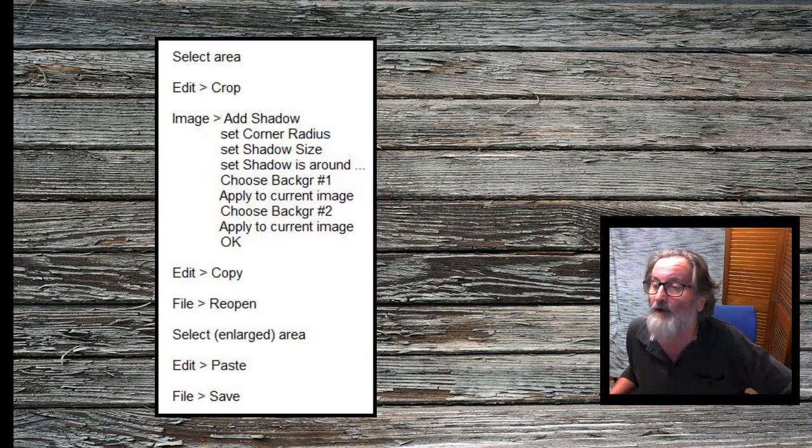File Save saves it with a new name because you have now actually altered the original file, which is why we started with copy of. I hope you find that useful and can use it to engage some of those difficult